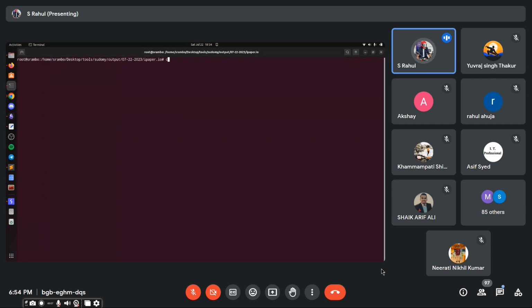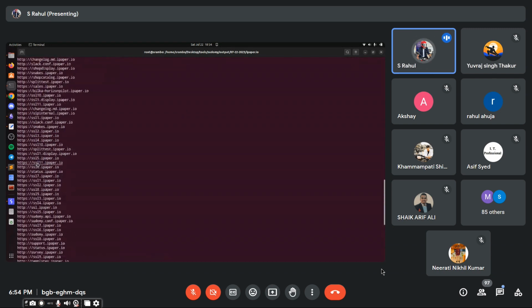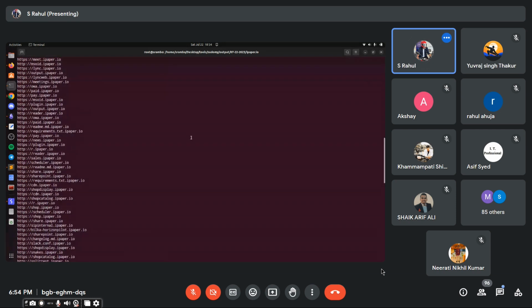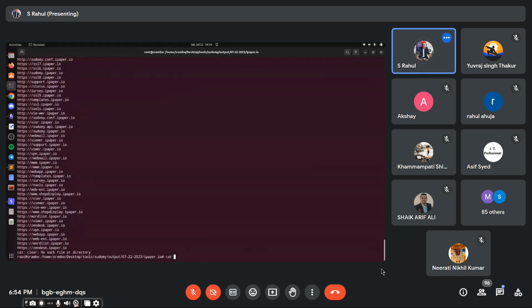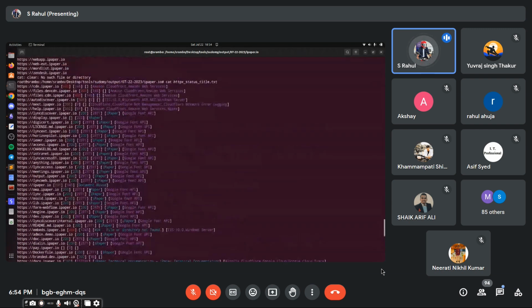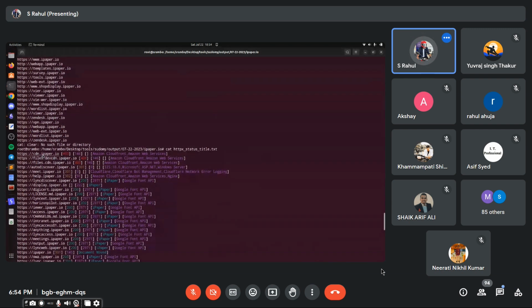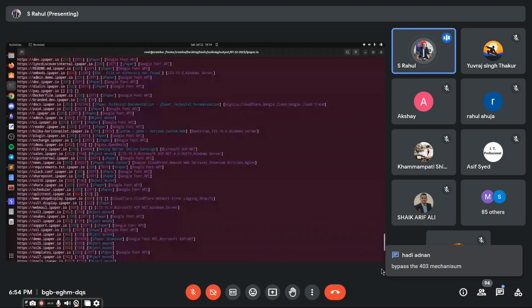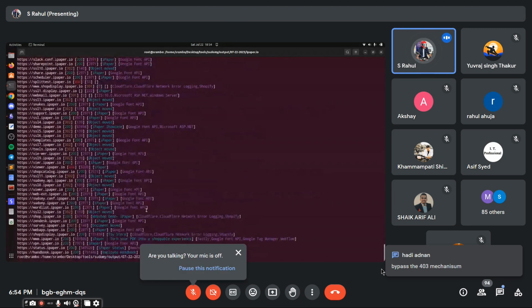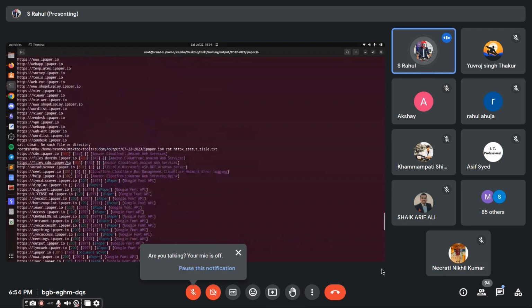Let's check for domains. Suppose let's check for cat HTTPX status. The domain, here you can see there are 3 domains, that is CDN, file, CDN. This is to store files. Okay. So what I have done,